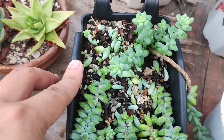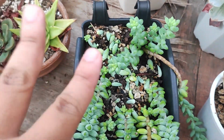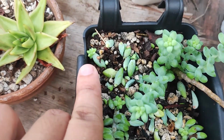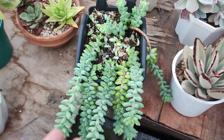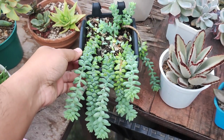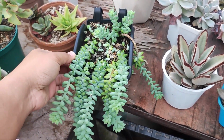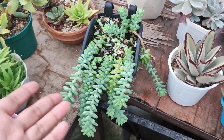Back when I had a lot more pummies, my leaves, when I put them on top of the soil, they don't root up, they don't produce growth like that. Okay, so I think that this potting mix is really good for the sedum burrito, and I think it's just a staple plant. I think every succulent grower should have a sedum burrito. This is not the cheapest, by the way, in the market,